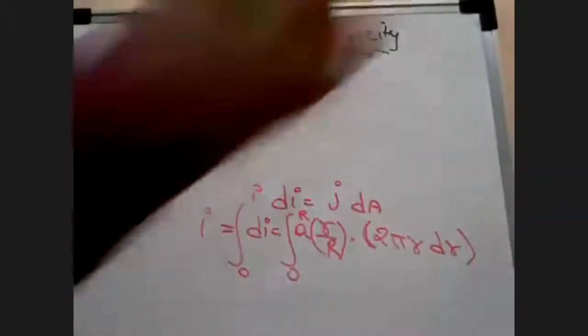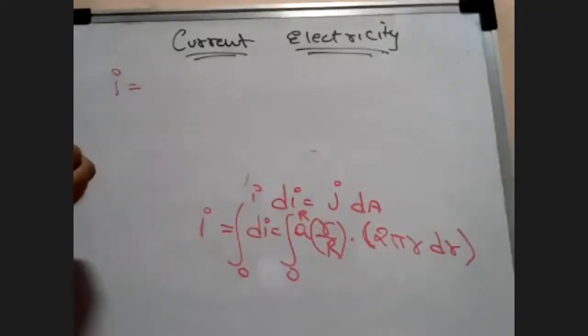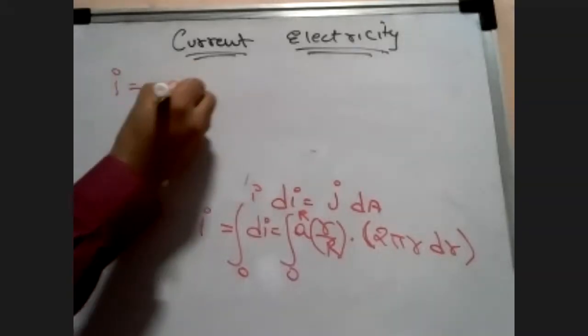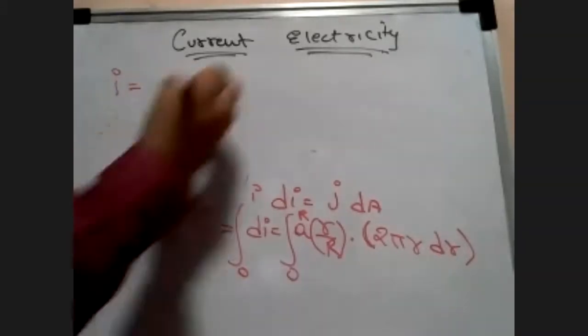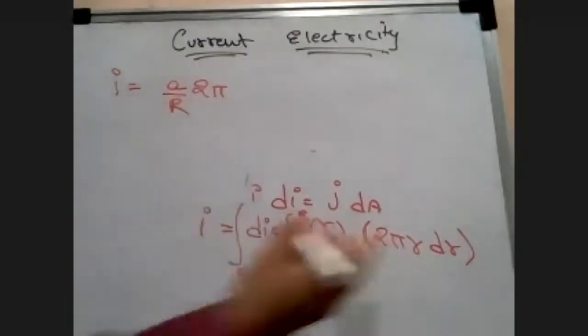So I will integrate and I will say 2 pi a r cube by 3. Yes, right. So I is going to be what? I will remove A outside, capital R outside. I will remove 2 pi outside. Apart from that, I have R square over here.